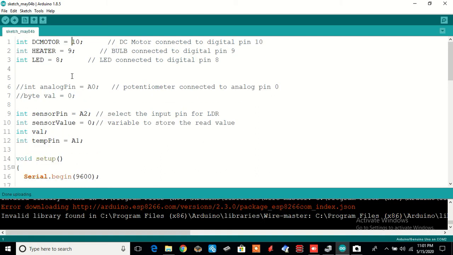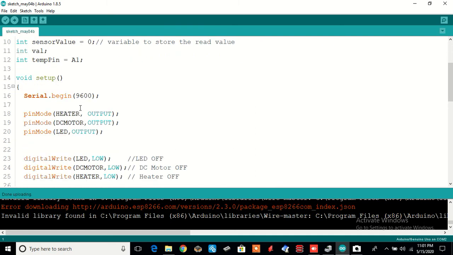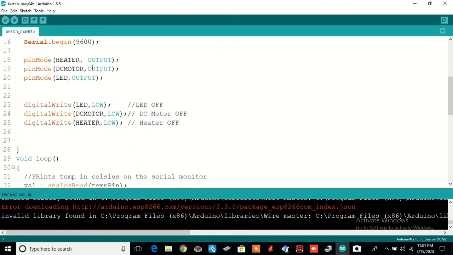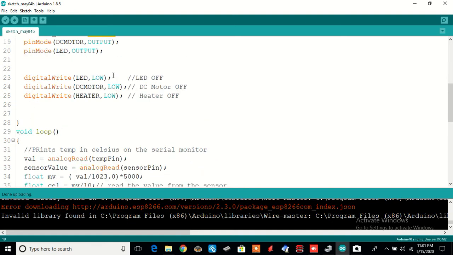So we don't need to remember the pin numbers. You can always define as an integer the names versus the corresponding pins, so that in the rest of the program I will be referring to them by the names, that is, the labels. Since these are outputs, what is the value which you would like to write?